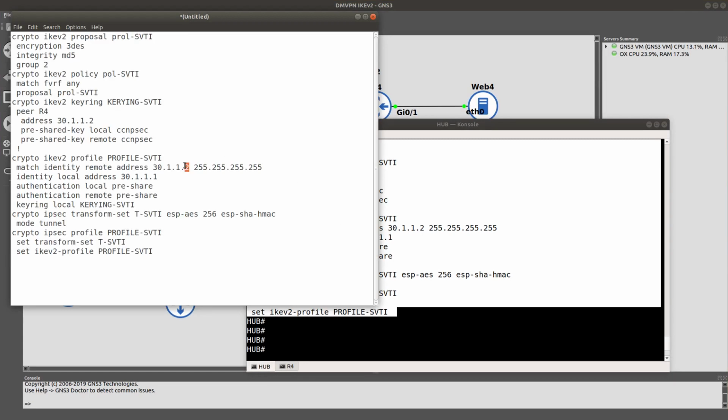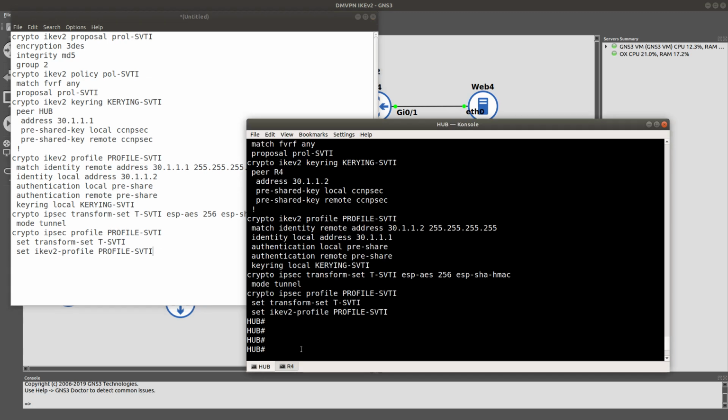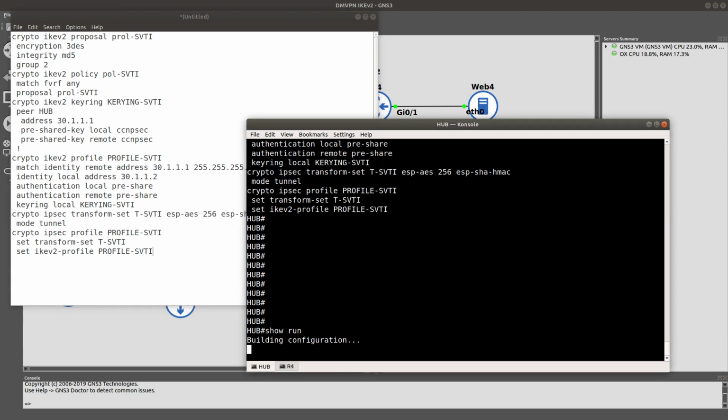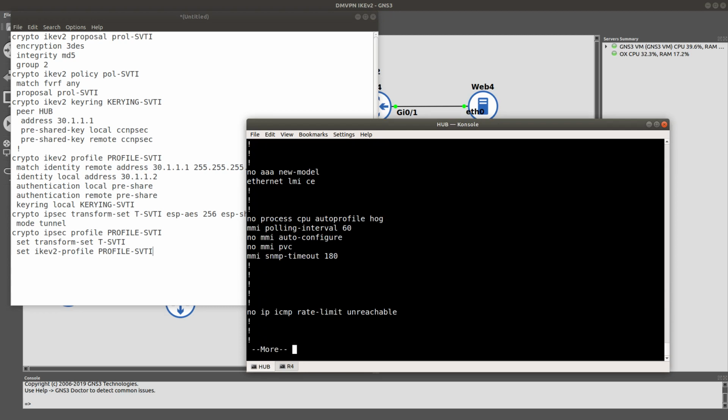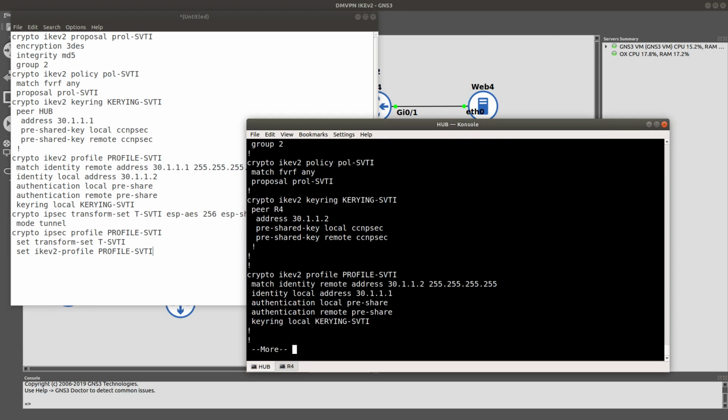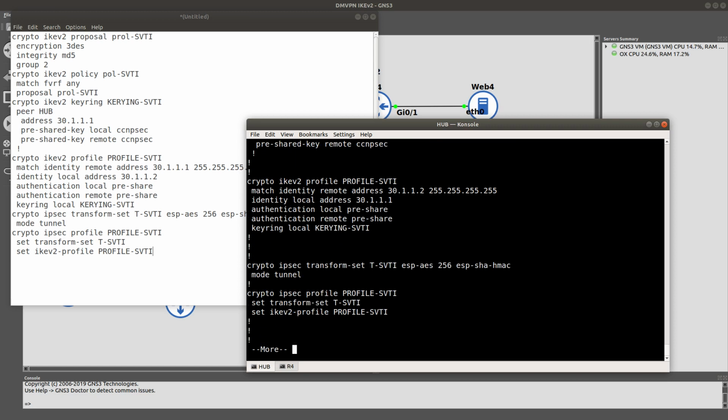That is fine. We need to change this to 1, this to 2. Mode is tunnel, group. Oh, that is good. This one we need to change, peer is going to be the hub. Address is going to be 1. So 1, remote identity, good. Local identity, good. So that is done. Then I want to do a show run. I want to copy that tunnel interface,